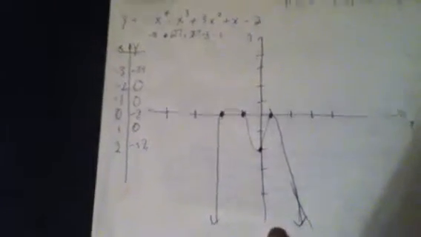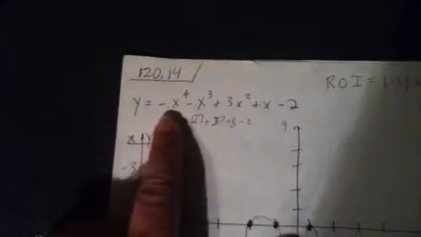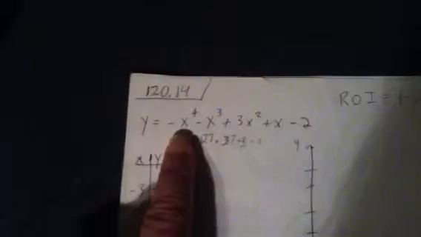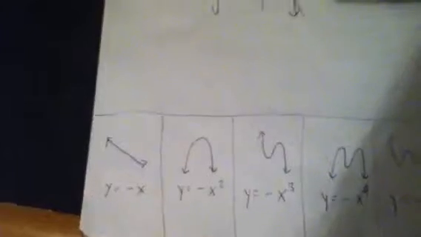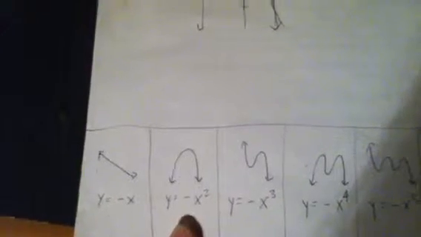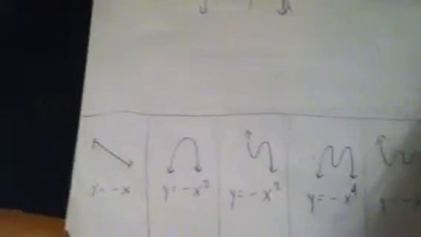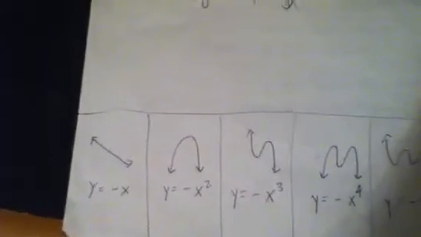I'm supposed to use my knowledge of how a graph looks, and so I wrote down here all the different graphs. So you'll notice that this quartic has a minus sign in front of the lead coefficient. So that's what makes it, instead of pointing upward, the end behavior is going to both point down. So it's going to be upside down. Like here's y equals -x. Here's y equals -x squared. Notice that the exponent is even. There's a minus sign in front of the lead coefficient, so both end behavior on the right and the left